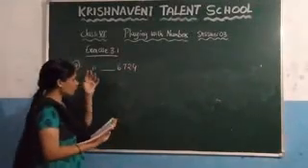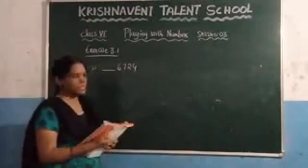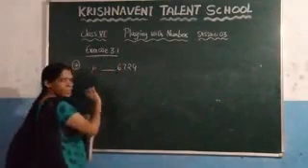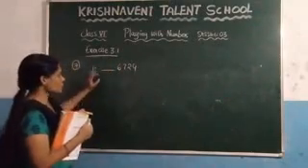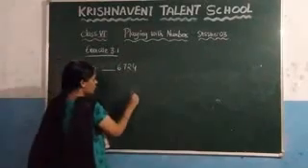Now for the divisibility rule for 3, what we need to do? We need to check the sum of the digits first. So here, what will be the sum of the digits? We don't know what this number is here. What's the question saying here? We need to write here, after calculating this value, what you get?